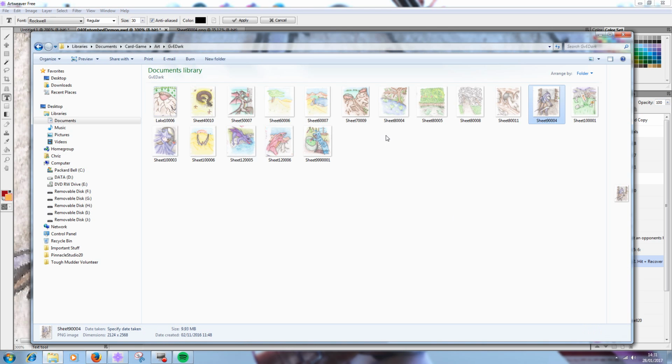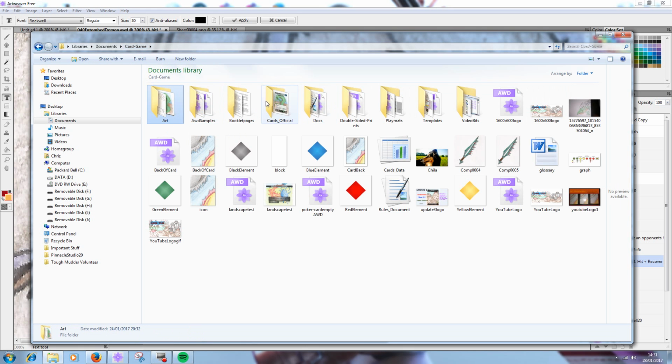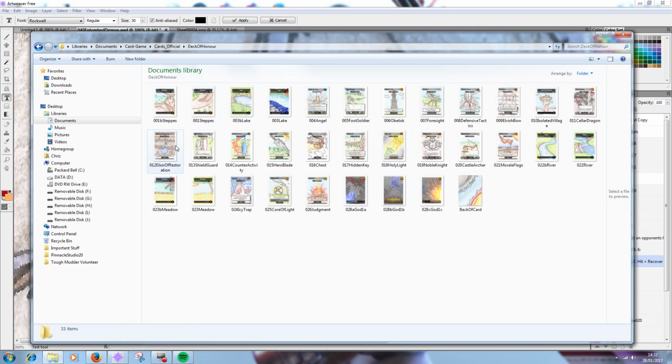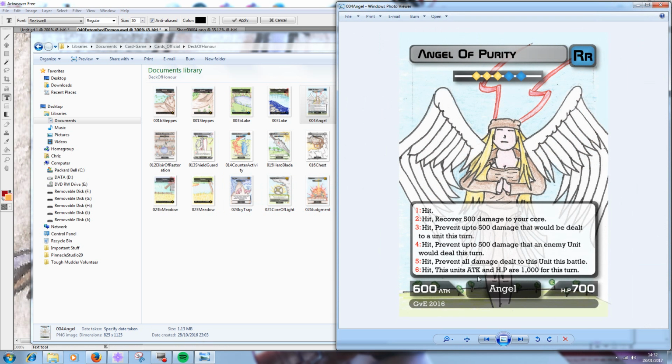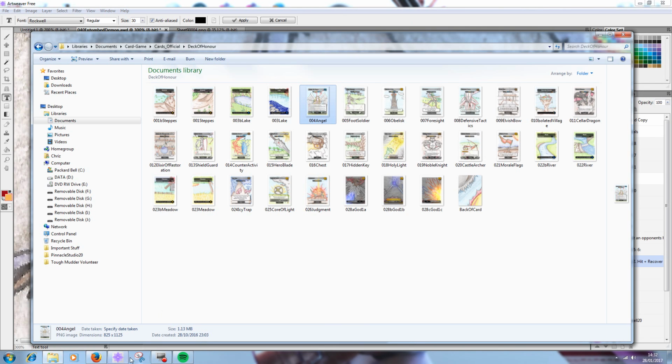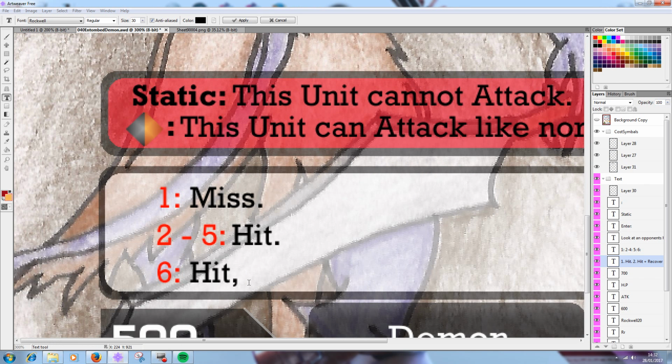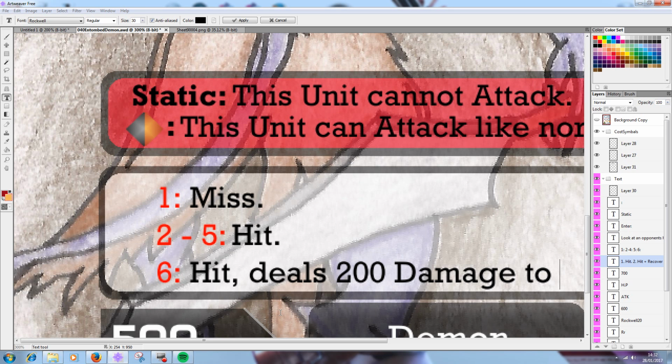How is the Angel of Purity set up? Again, I'm trying to do this as quickly as possible. Prevent, recover, prevent. Right, okay. So I'm going to put hit. Deals 200 damage to enemy core. So if I apply that and zoom out a tad,